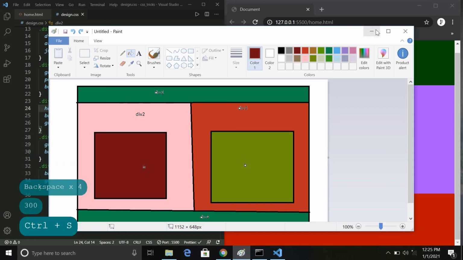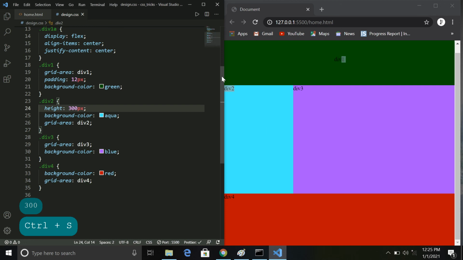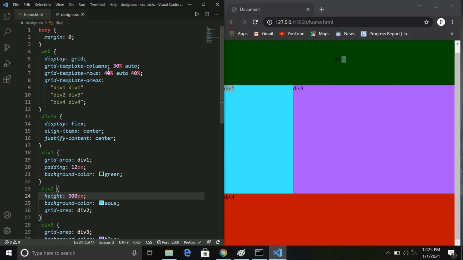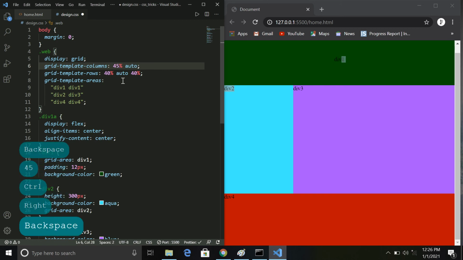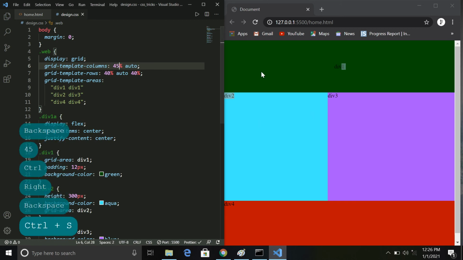Okay, so I have to divide into equal parts. Because it is not equal, I am going to provide 45%. Now it will be equal. Okay, so now it seems to be equal. Now I want to have